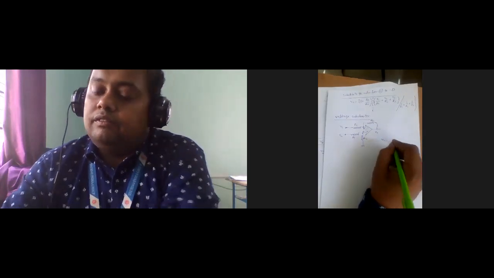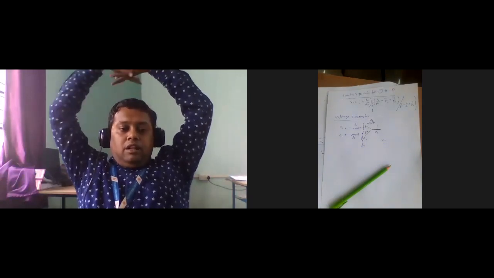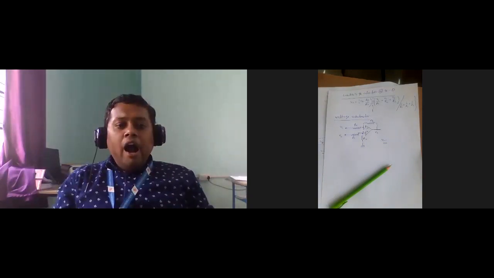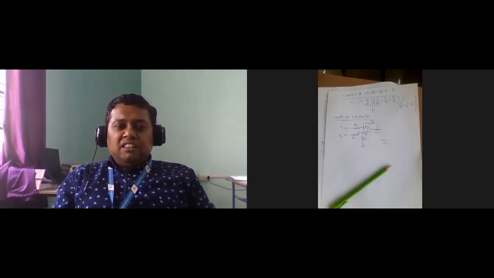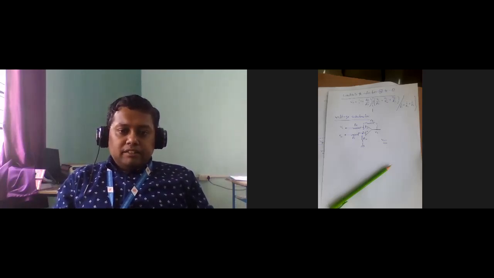So this is V1, this is the input voltage V2, this is R1, R2, again this is R1, R2. So can you find out the result of the output? This node is A and this node is B. So find out the output voltage. What is the required output voltage? Let's consider it here.